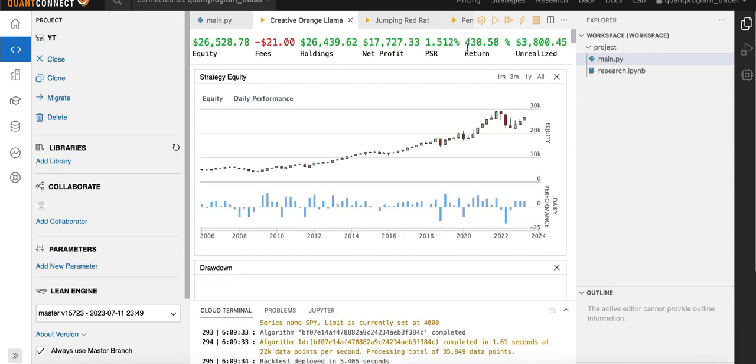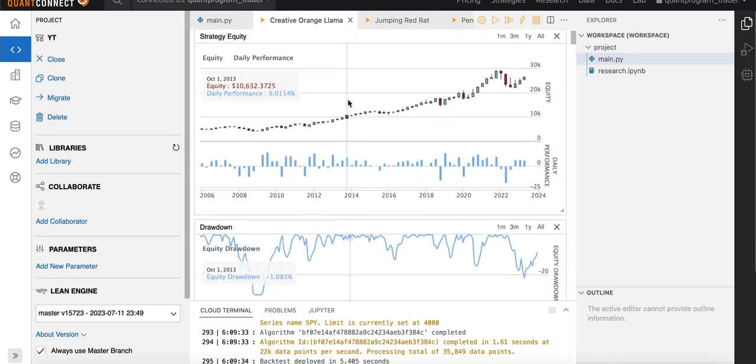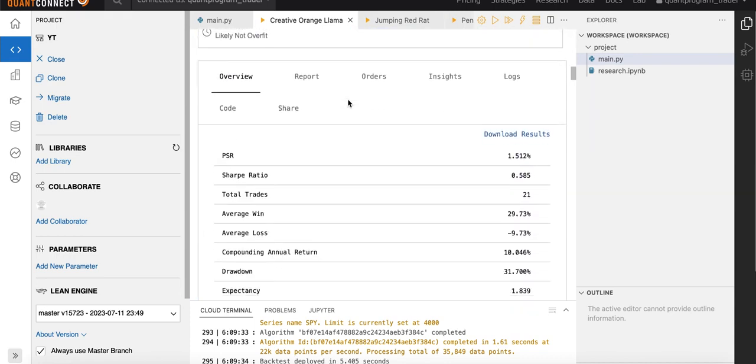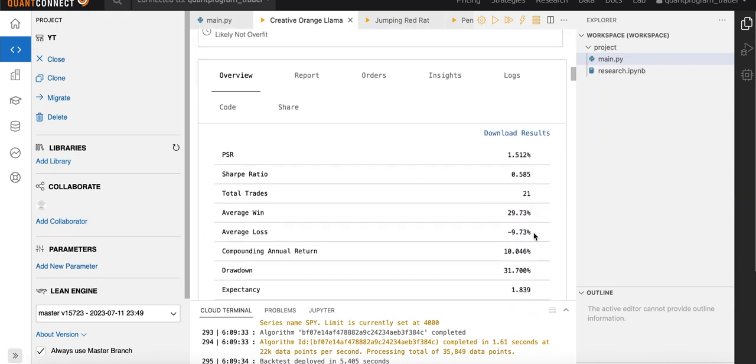It looks like a pretty decent strategy. We've got 430% return, and the fees is $21. So let's scroll down to the details of it. Remember, we had a take profit of 30% and a stop loss of 10%. You can see it's almost close. It's 29.73 and minus 9.73, and that's basically the slippage and all the other gaps and everything that comes into